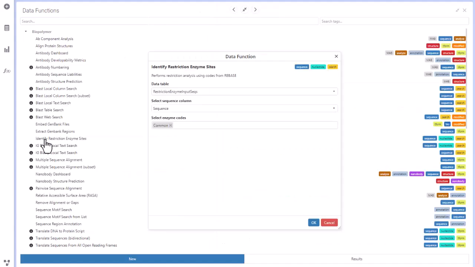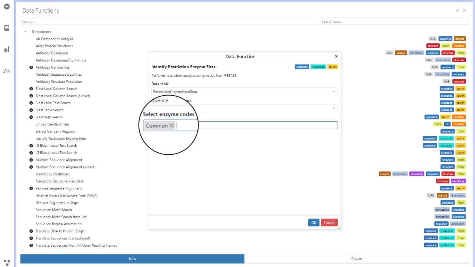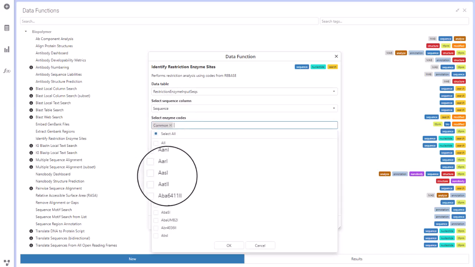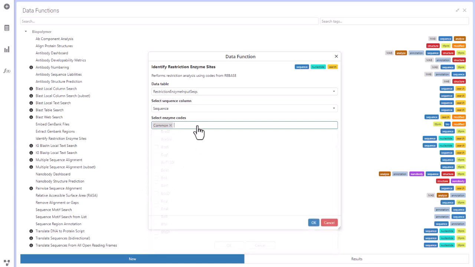From the data function settings dialog, enter the data table and the column containing the sequences to be searched. By default, a common set of enzymes is selected, which includes enzymes that are known to be available from commercial suppliers. Individual enzymes can also be selected by clicking the checkbox to the left of the enzyme name. The list of enzymes is very long, but you can search for specific enzyme names by typing their name into the selection box. For this demo, I'll select a few enzymes that I'm familiar with from my days in the